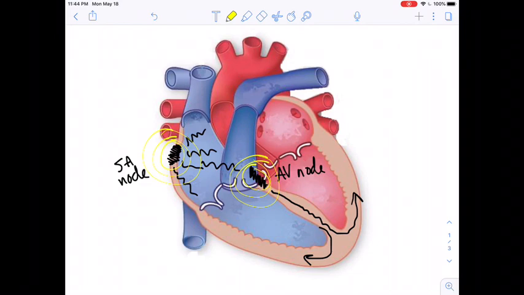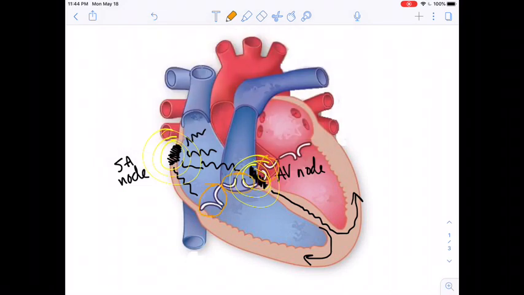Okay, so the sinoatrial node beginning that first round of muscular contraction, and the AV node accomplishing that very slightly delayed second round of muscular contraction. So that's what gives us our actual heartbeat. Okay, so really the atria contracting followed by the ventricles contracting, which would cause the valves we see here